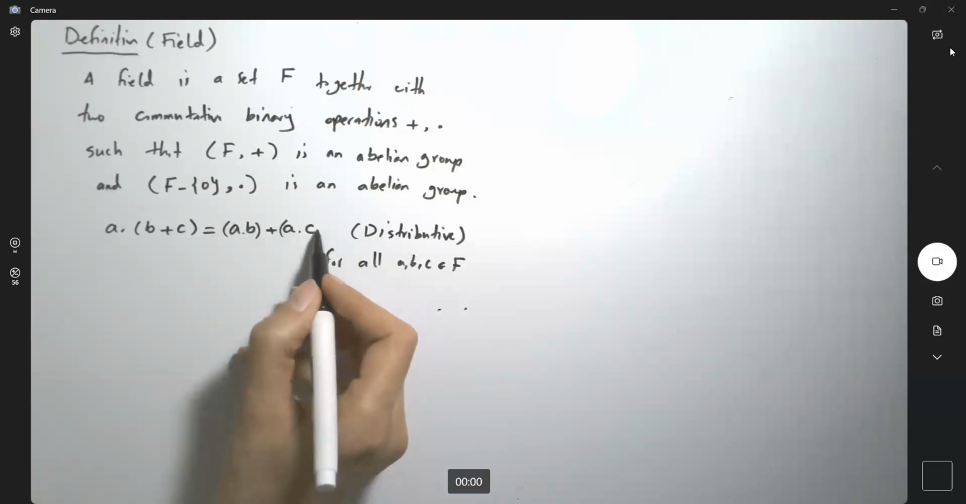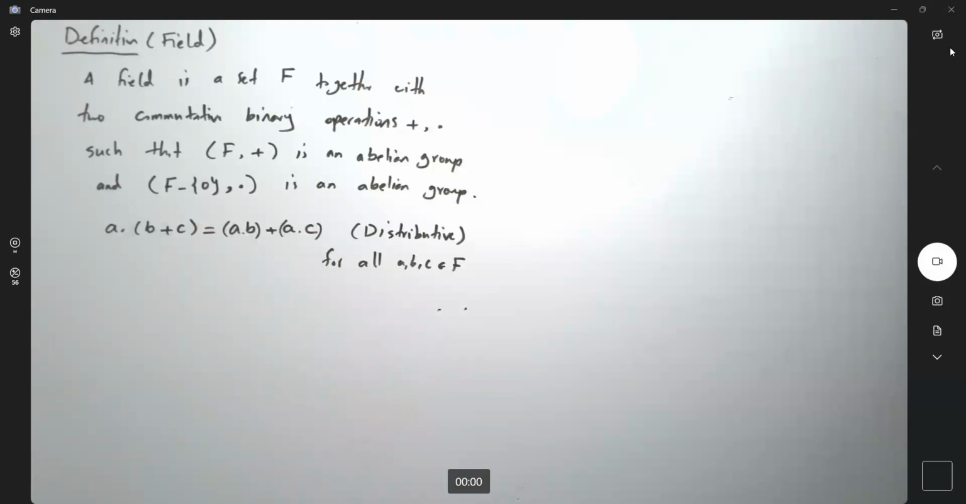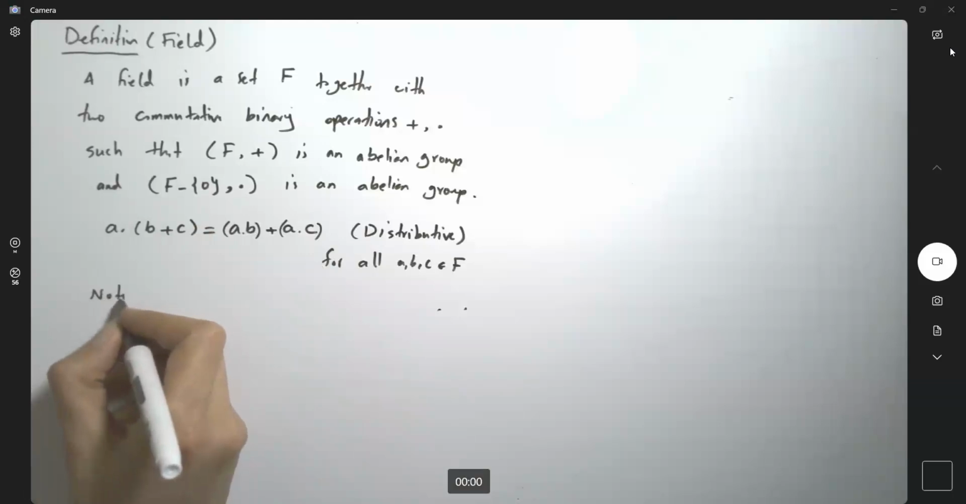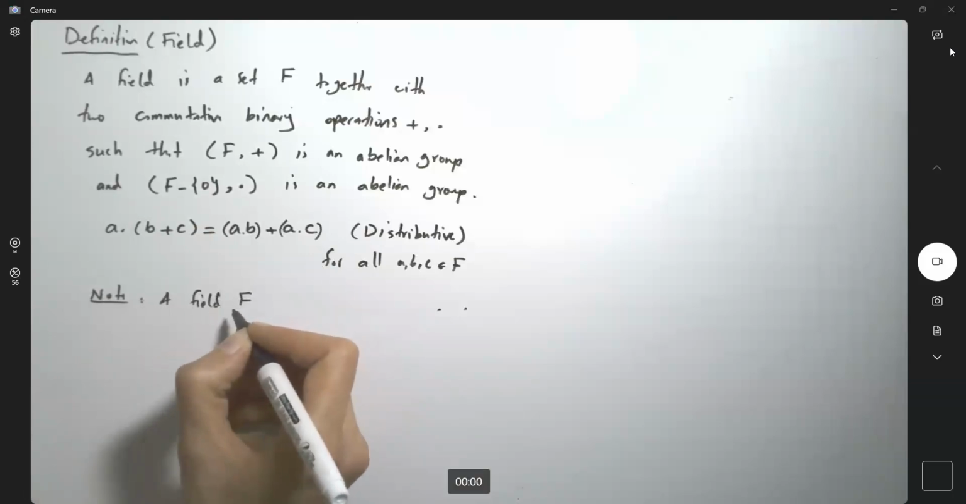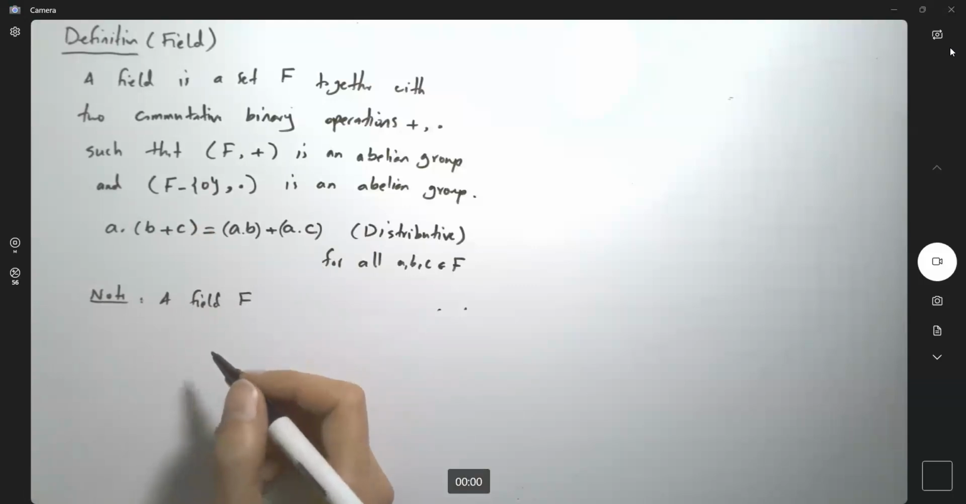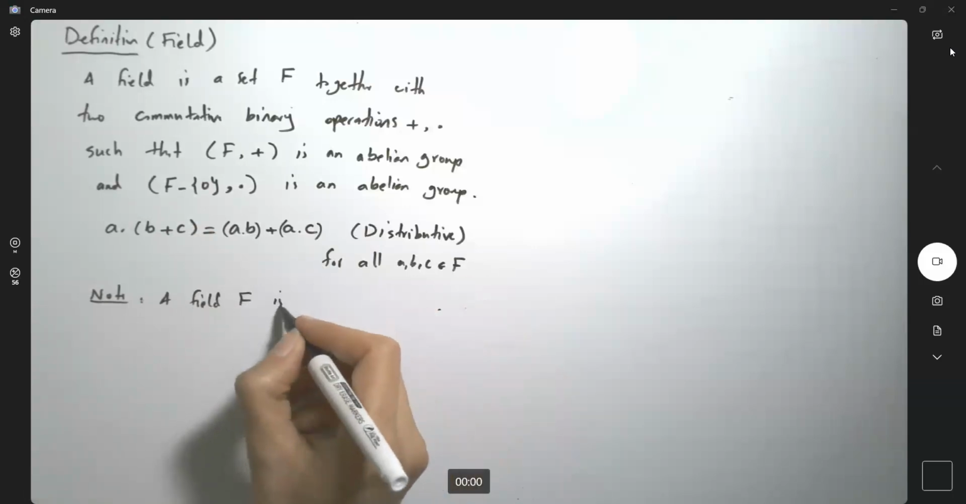So eventually, if you want to change these operations to other operations, you're able to do that. There is no doubt there. You saw fields before, you used them many times. Basically, a field F is the smallest mathematical structure